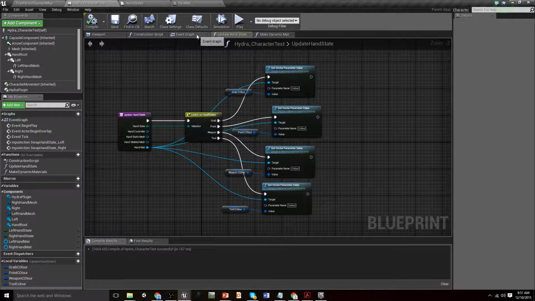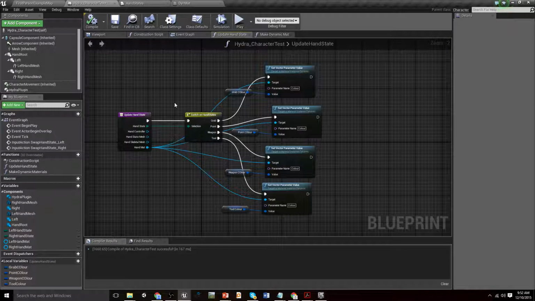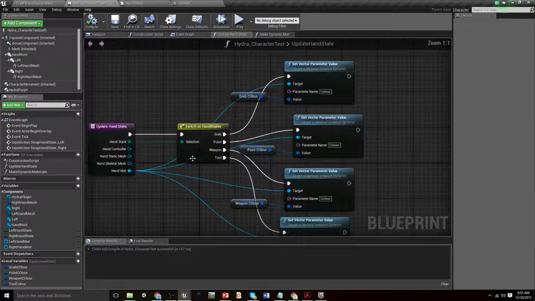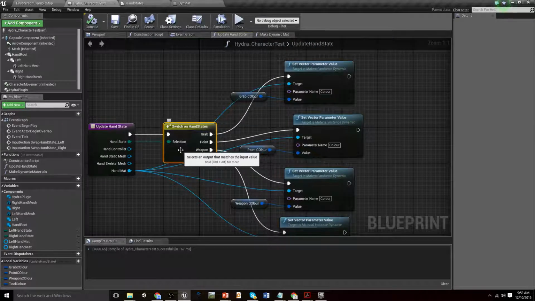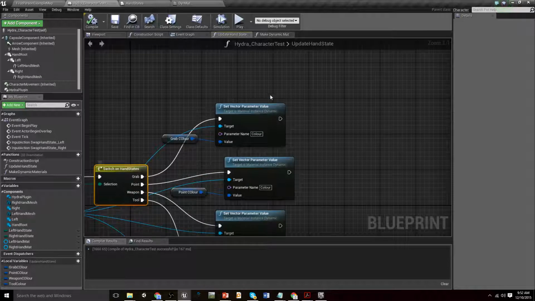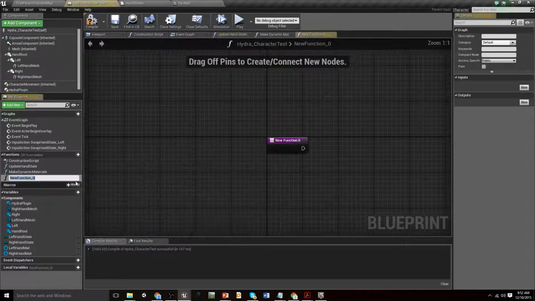So you write it once and it works for both hands, or it could work for 500 hands if you had them, assuming that they each had their own separate left-hand state, right-hand state, that kind of stuff. But the fact that you can plug them in at this point, you can specify it just when you call this function, and then all of the logic to handle what that is drawing from what's been passed in, makes it a lot more efficient. And using a state like this for your hands can work really well. And don't forget that when you come off of something like this, even though I'm setting the vector parameter value, I could just as easily have